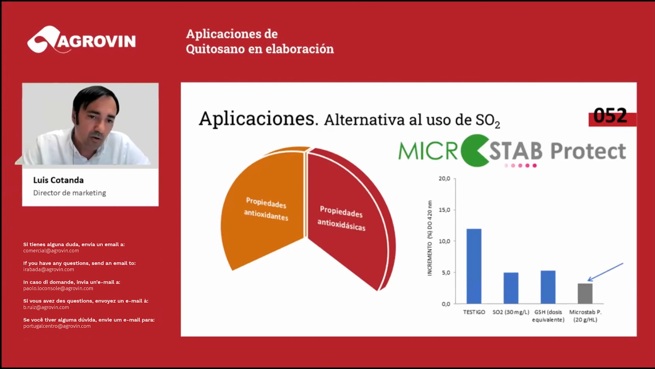We conducted our tests on white wine with an accelerated fermentation with the help of a stove, and we measured the increase of the yellow component, that is the browning color of wines, and we saw that Microstab Protect was more effective than a treatment with 30 milligrams per liter of sulfur dioxide, and it was even more efficient than the equivalent dose of glutathione. So we saw that thanks to the antioxidant properties combined with